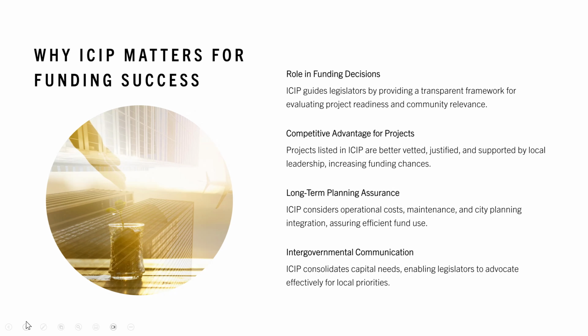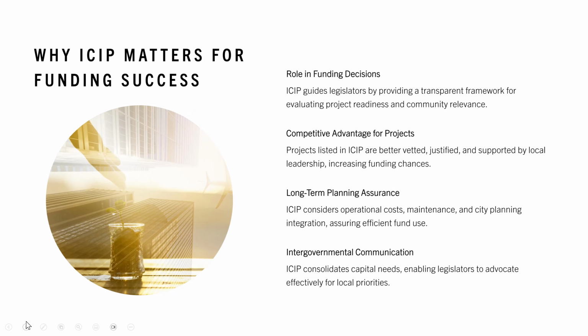Federal granting sources or loaning sources, et cetera, they look at this as well. And any project that we approach them with, they want to look and see if it's on the ICIP. And if it is, we have a greater competitive advantage of securing those funds. But another thing that happens is this becomes public knowledge. So contractors, engineers, vendors, salespeople, and others, they look at this as well. They start coming out of the woodwork saying, hey, I see this is on your ICIP. We make those, or we do that. We can sell those, provide those, et cetera.